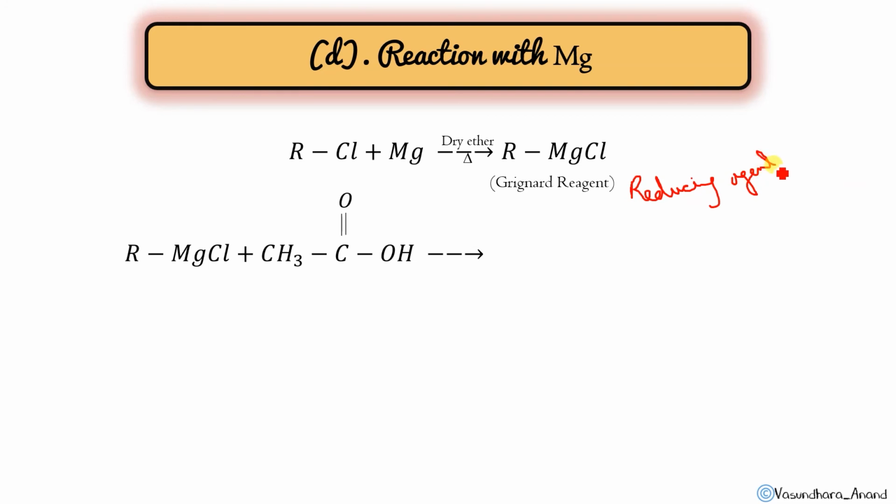So if it reacts with acid, it will reduce to... if it reacts with aldehyde, it will reduce to alcohol, and if it reacts with ketone, it will give you secondary alcohol, like this. Okay, here in this case, a specific reaction is this. Although it is a reducing agent, so it is supposed to reduce the acid over here, but this reaction is a little specific.